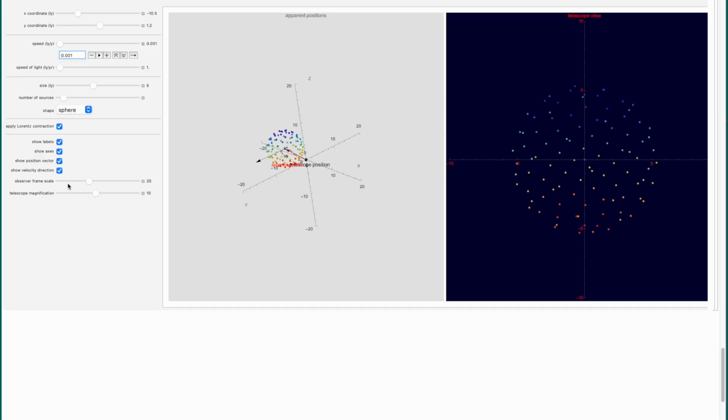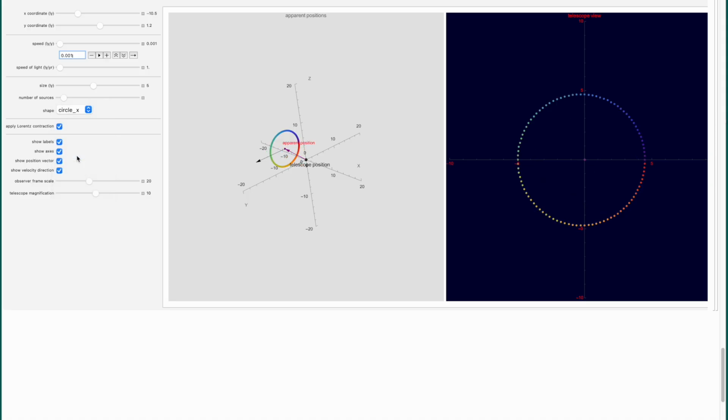Let us now go to another case, which is the case where the object of interest is a circle rather than a sphere. And I'm going to choose a circle whose axis of symmetry is in the x direction. So here's our circle.